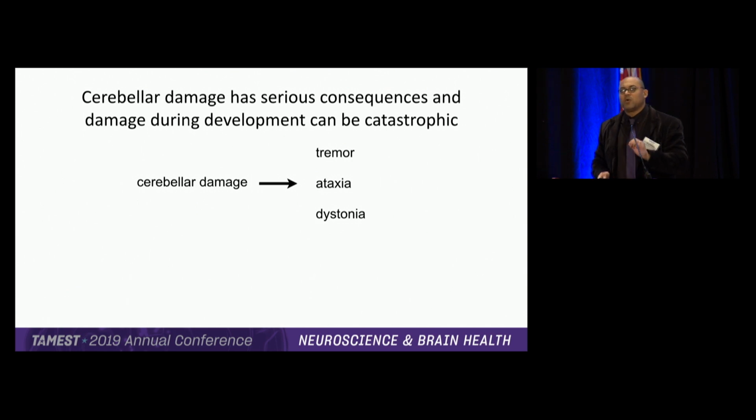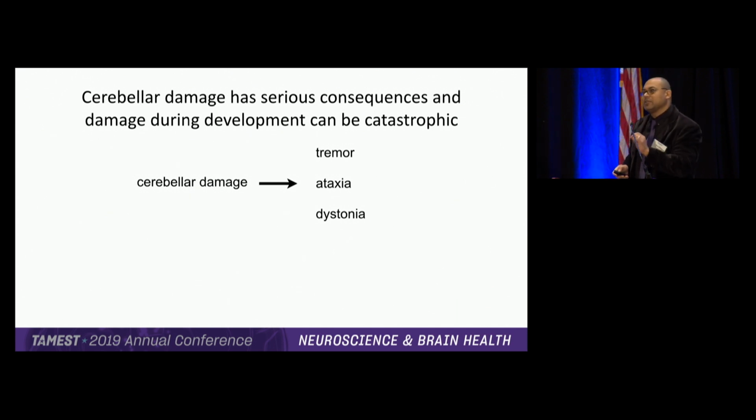When this cerebellum goes wrong, the consequences are very obvious. In the lab, we think about them generally as three broad disease groups or phenotypes if it's a mouse. You can have a tremor, which is a very rhythmic shaking of the limbs and the head. You can have an ataxia, which is an inability to coordinate your gait. And most recently, we've been interested in a disease called dystonia. This is where the muscles contract uncontrollably, particularly your agonist and antagonistic muscles co-contract, producing extremely painful outcomes, particularly in